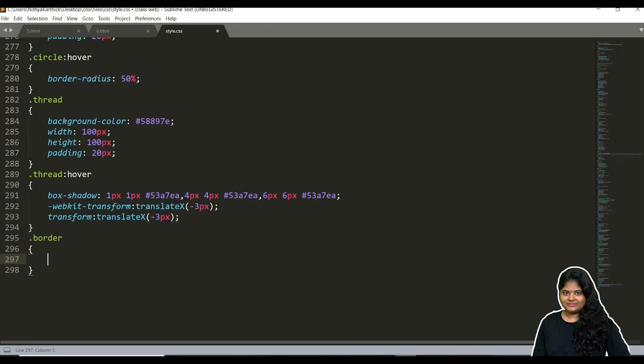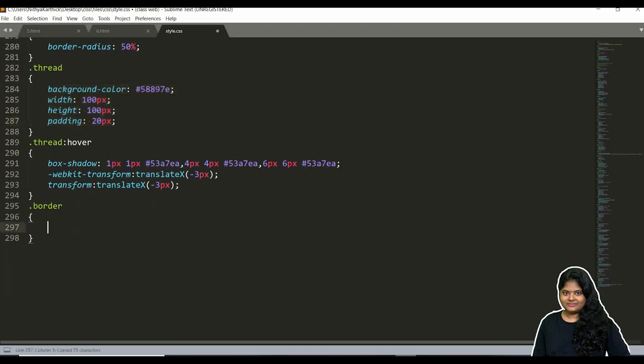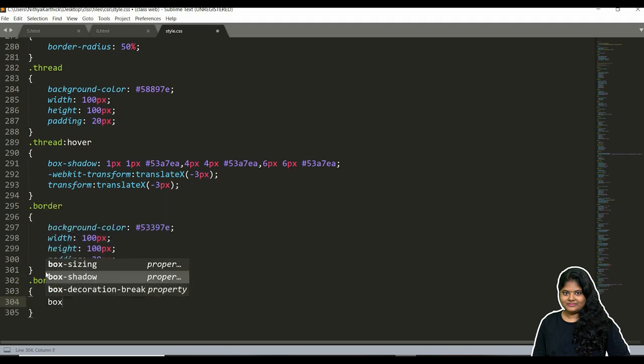So similarly we can give border here. Before that we want to give the basic width and height with some updated colors. When I mouse over this border, dot border colon hover. It should be applied with box shadow.